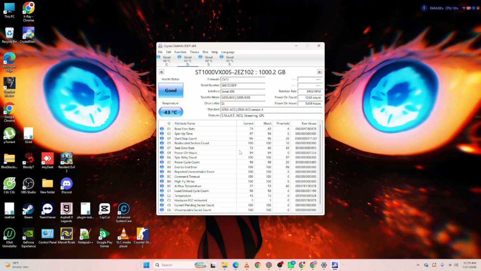You can customize refresh intervals, startup behavior, notification settings, and temperature units from the program's menu. These options make it easier to monitor your storage devices over time, and that's how to use CrystalDiskInfo. By regularly checking your drive's health, temperature, and SMART data, you can detect potential storage problems early and